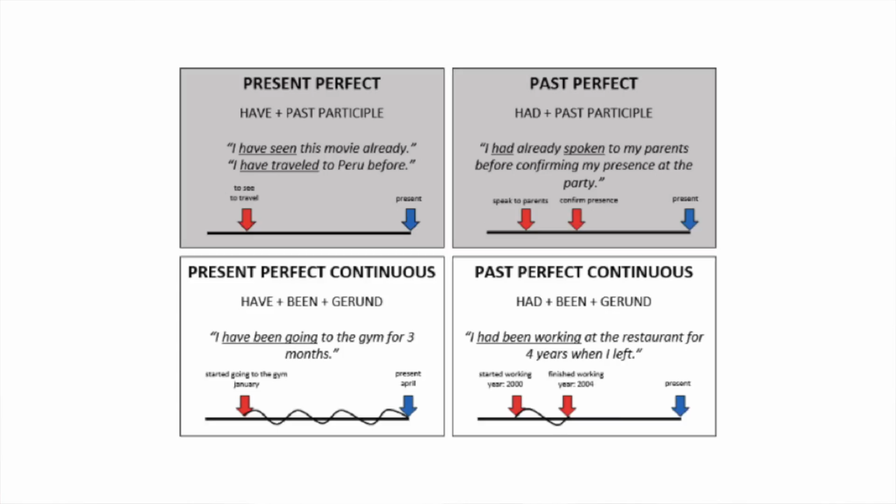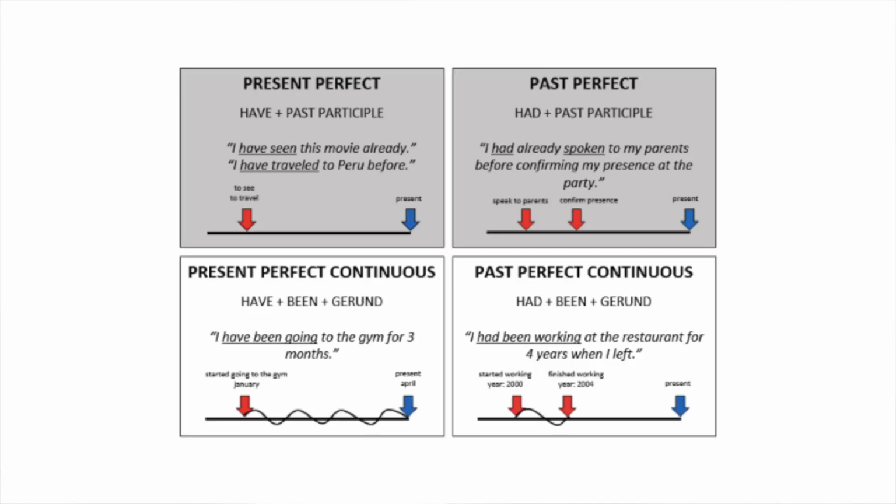I want to begin by explaining the two perfect tenses that are not continuous. The present perfect tense is used for when you are referring to one action in the past that took place at a non-specific moment. For example, I have seen this movie already, or I have traveled to Peru before. In both of these sentences, I am mentioning actions that happened at some point in the past, but I don't